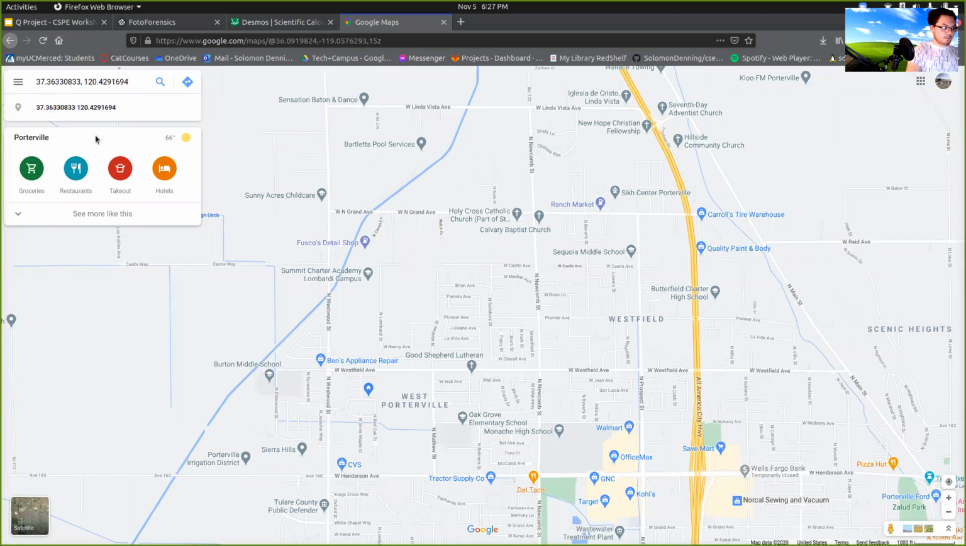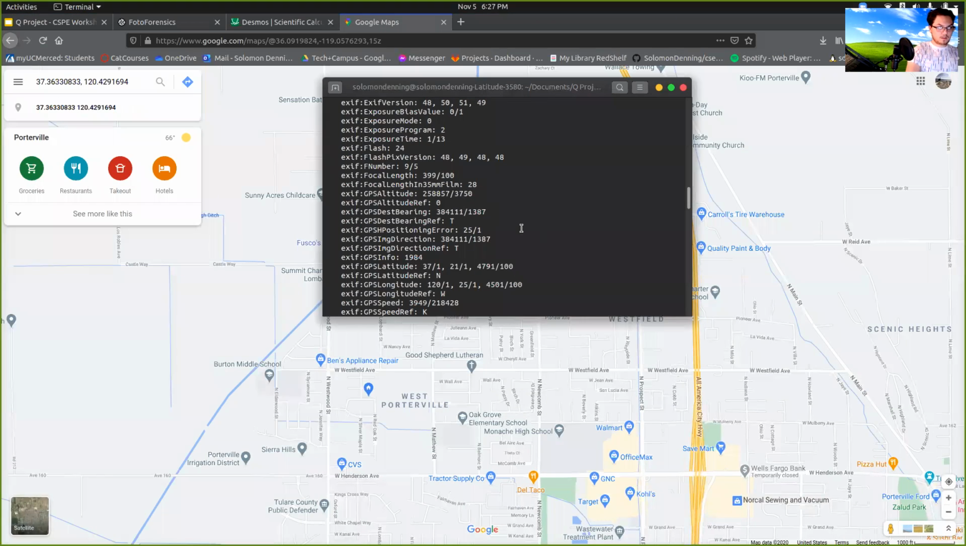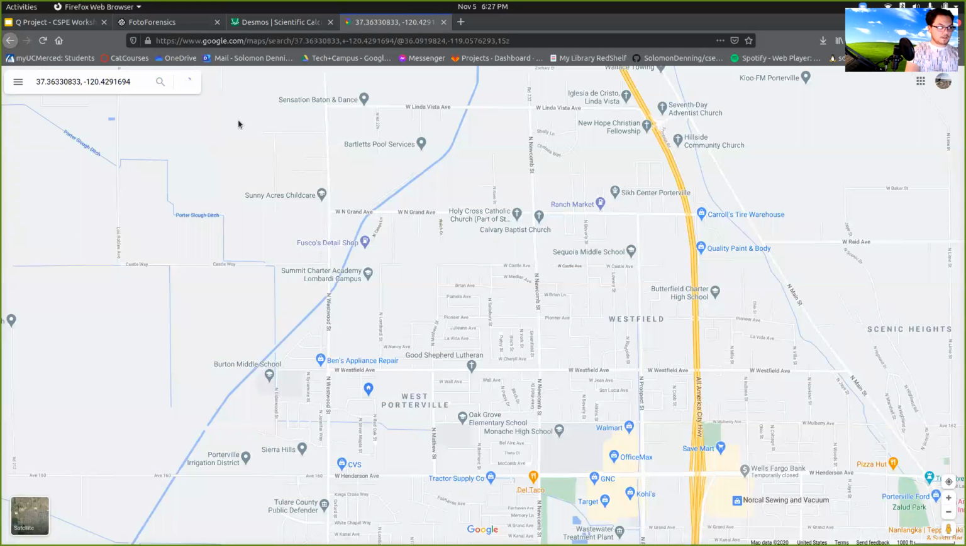And the last thing to do before we click enter is to recheck the reference points. So we can see that for the latitude, it's north, and for the longitude, it's west. So that means the latitude is going to be positive and the longitude has to be negative. So we're going to add an extra negative sign onto there. If I push enter,